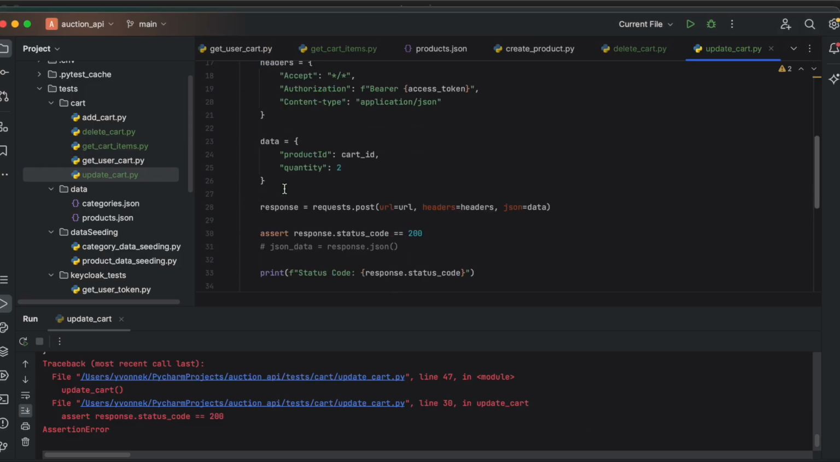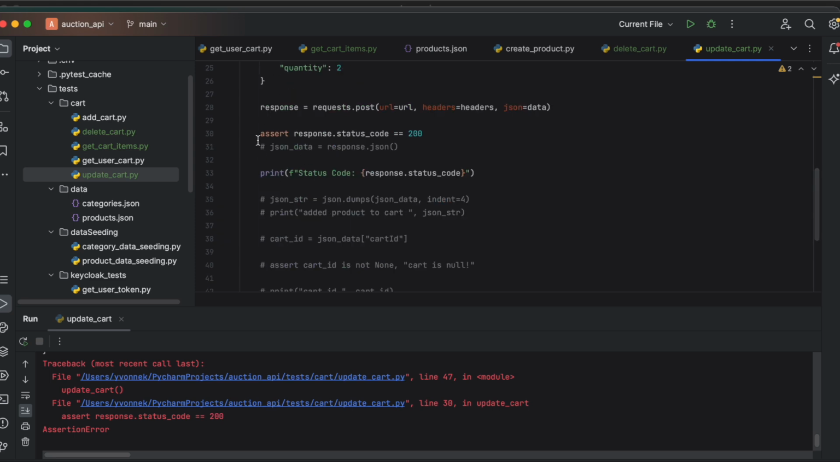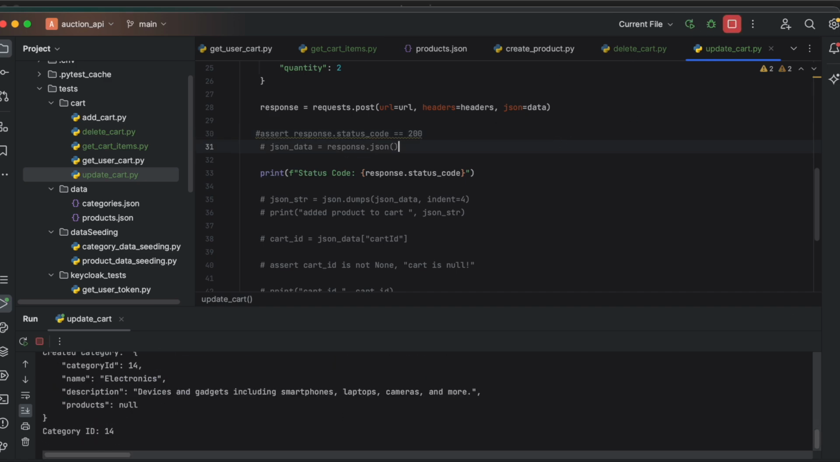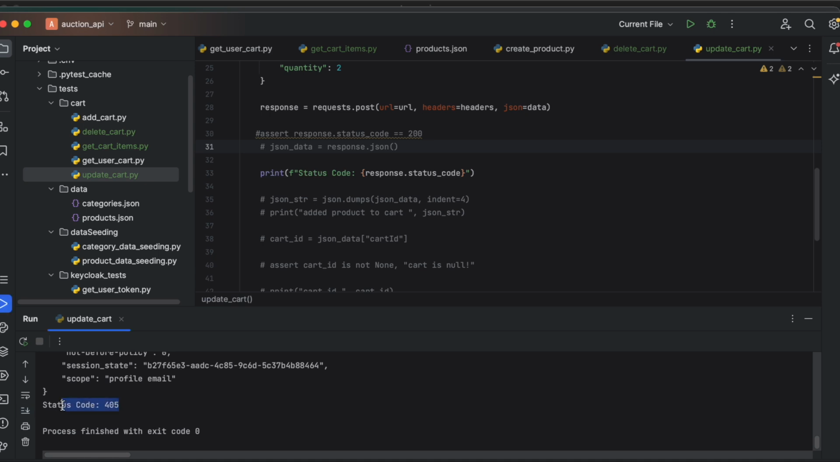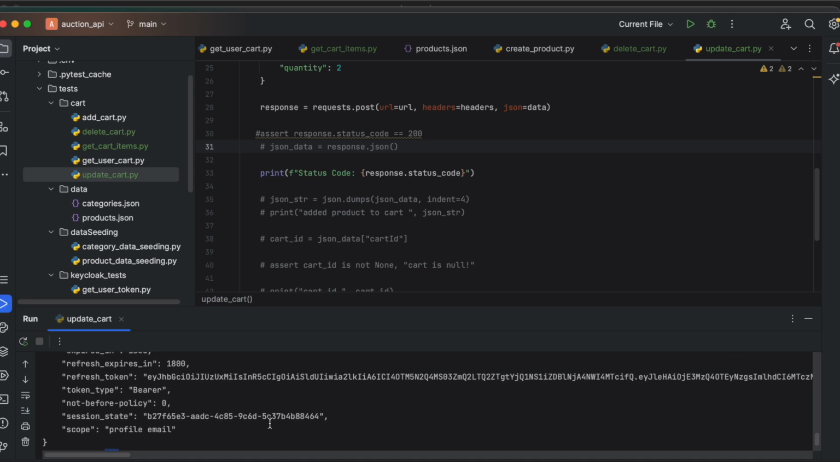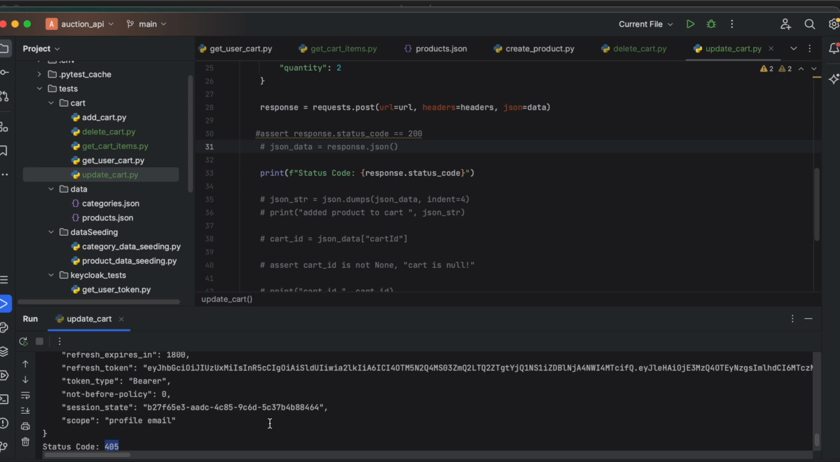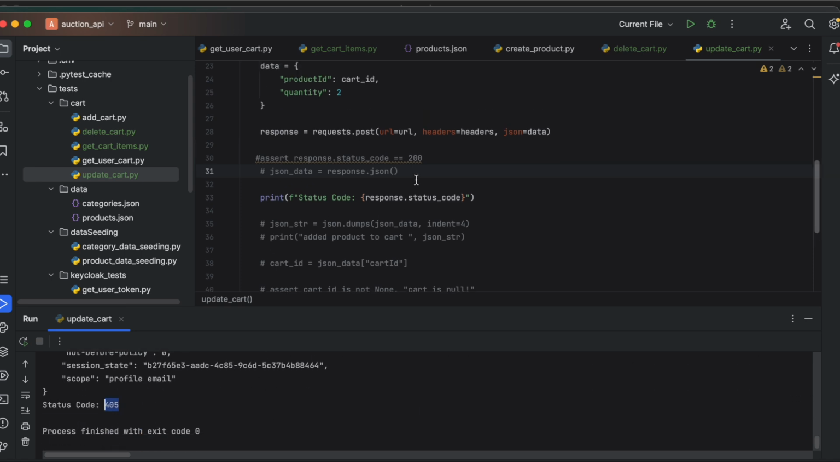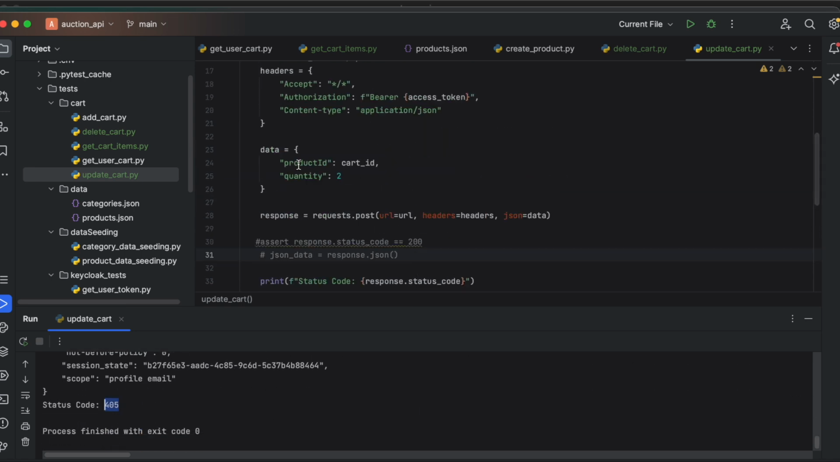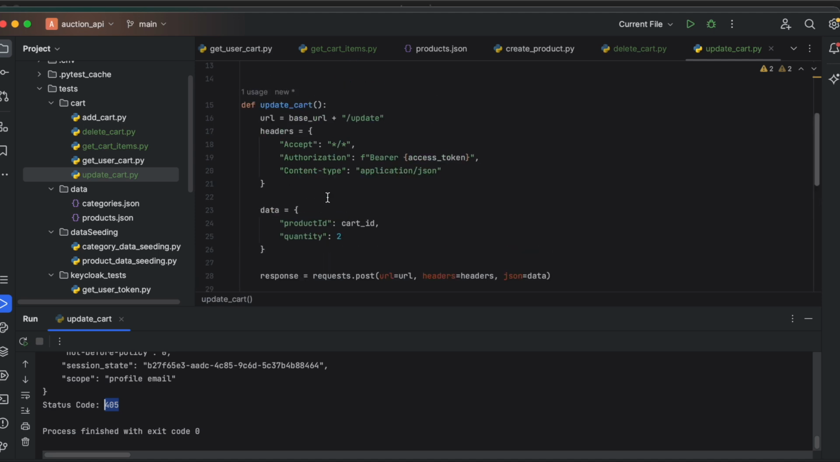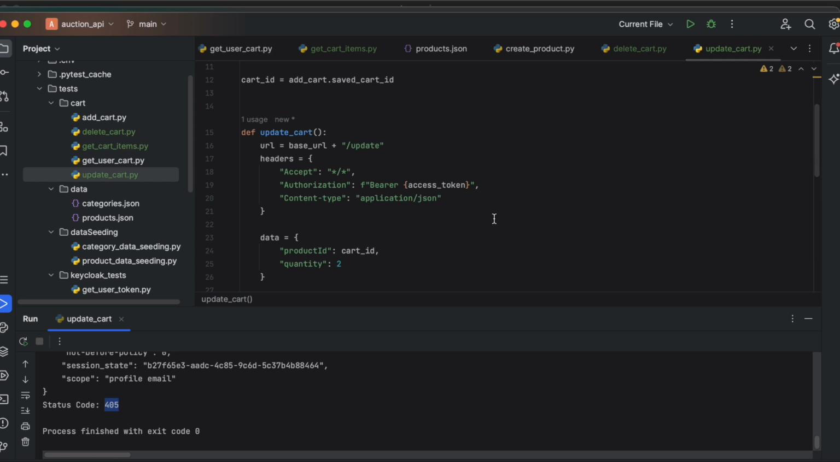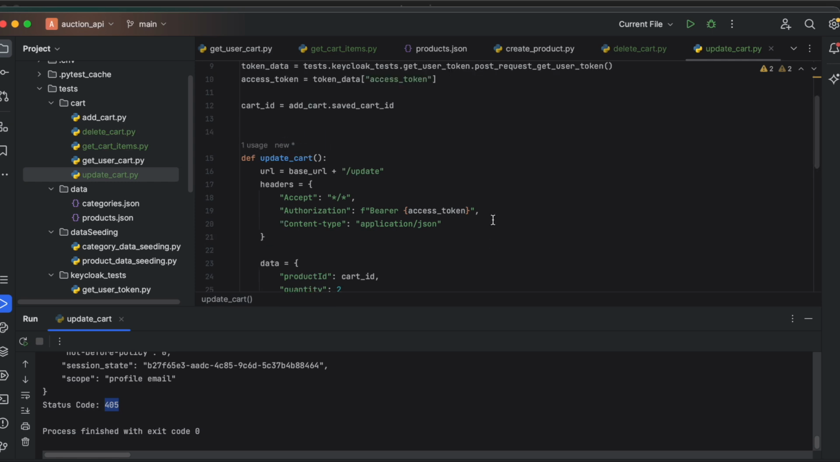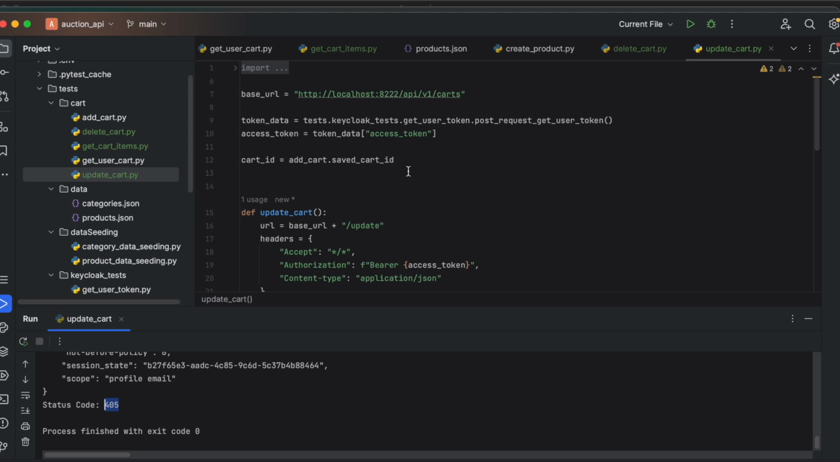Okay, I mean, we can always just comment it out and just print out the status, and let's see, maybe there's a problem. 505, why is that? There is definitely something wrong. Okay, we've done something wrong, right? This is the data, quantity and product, and we are updating the cart ID, are we not? Yeah, we create it, we add the cart,